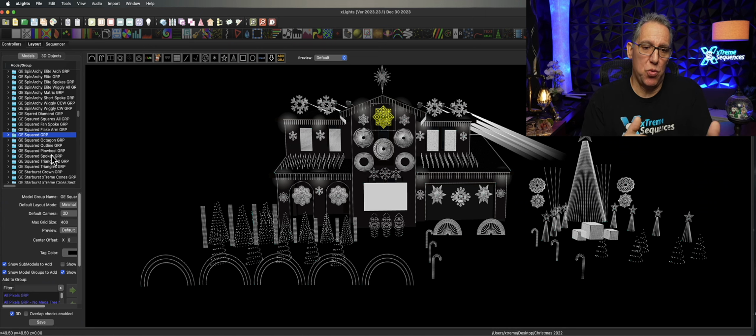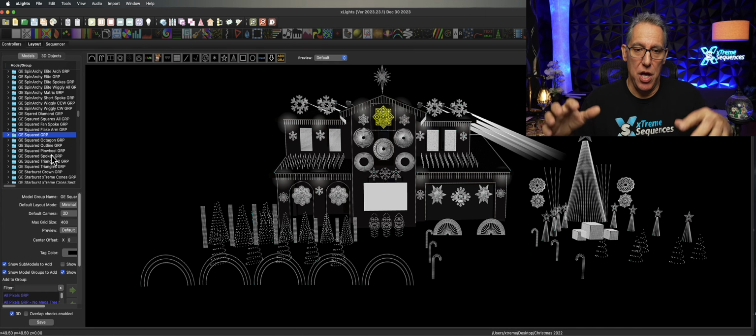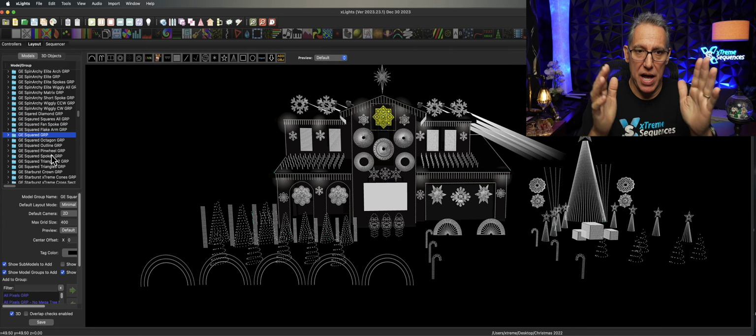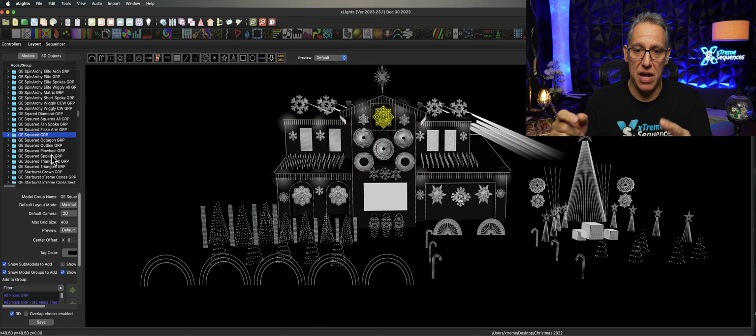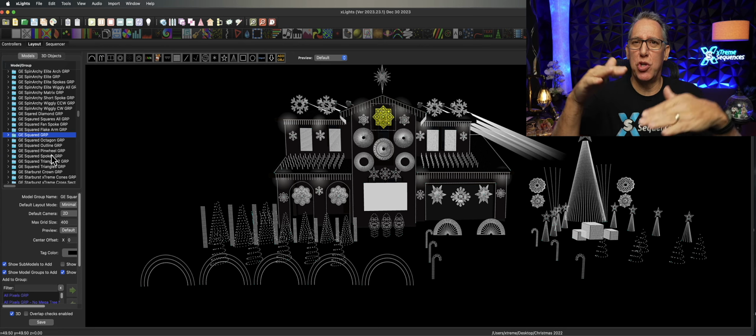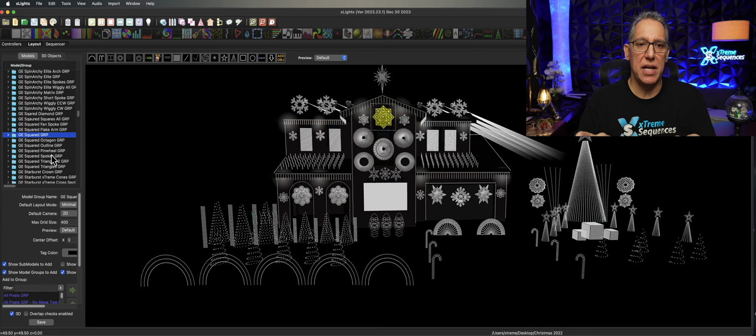So in this 2022 layout, you'll see that I have my square peg. I don't have my fusion. I want to bring my fusion in. I have my king diamond, king ransom. So we'll just work on a couple of these. You'll get the idea, and then you'll be able to do the same thing. And thank goodness, xLights gives us the ability to import a lot of things. We can import models and submodels and all that kind of stuff.